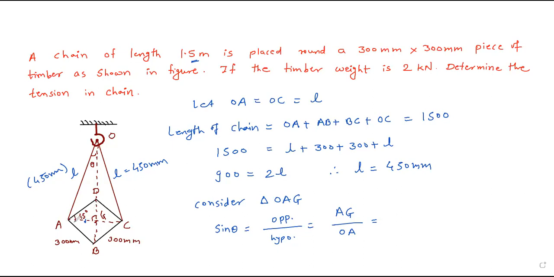Now consider this triangle ADG. I will draw that triangle separately over here so that it will be easy for you to understand. I will use the same names. This is your point A, this is the 90 degree where the diagonal is intersecting, it is G, and this point is D. And this side AD is 300 mm, which is already known to you.